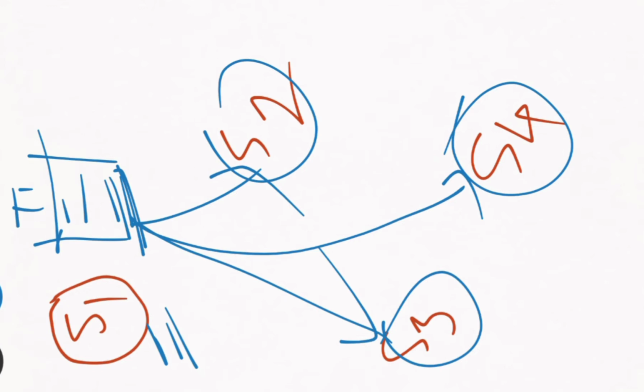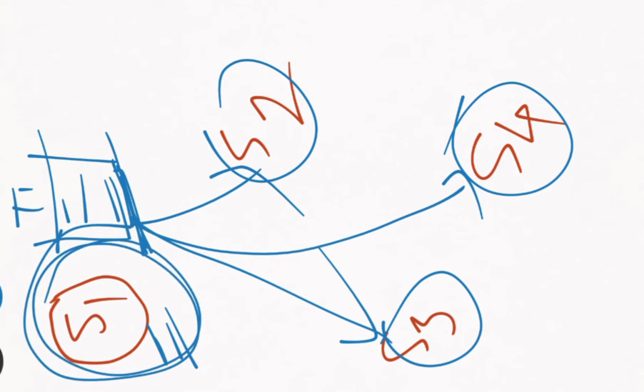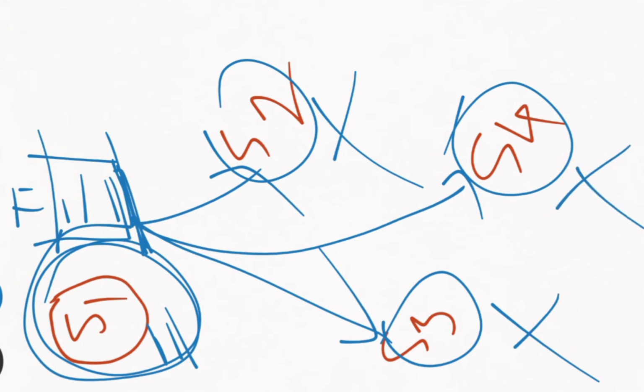Might be possible that this particular transaction T1 will get executed on only site S1. It will not require S2, S3 or S4. This might also be possible. So that's why I am saying the distributed transaction will get initiated on one site and it can access or update the data items of several other sites also, right?